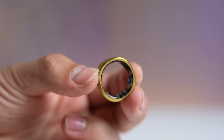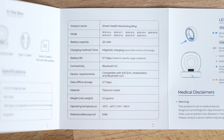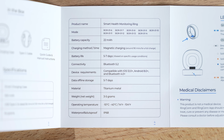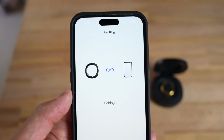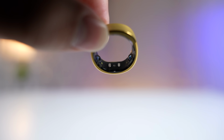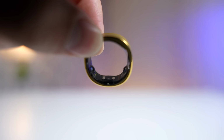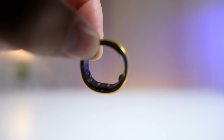Now, RingConn was able to achieve this with their own patent research and development, including a PPG low-power chip that leads to its great battery life, and it packs Bluetooth 5.2 connectivity, which has been perfectly reliable so far with not a single connection issue. All around the inside, it of course packs a bunch of sensors to gather your data, including a heart rate sensor, blood oxygen, skin temperature, and a 3D accelerometer,